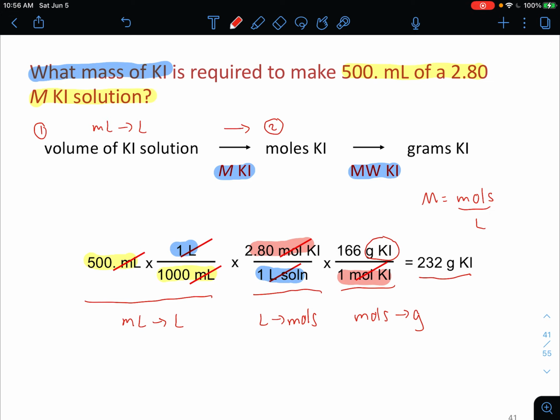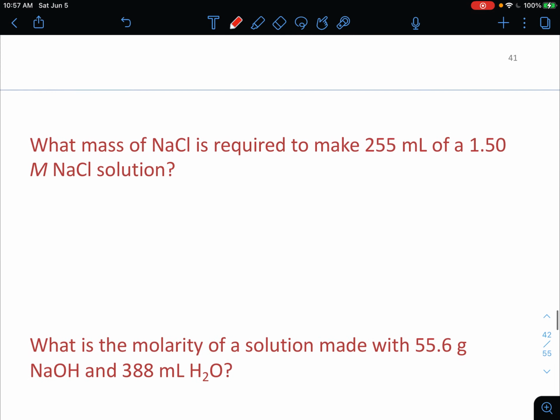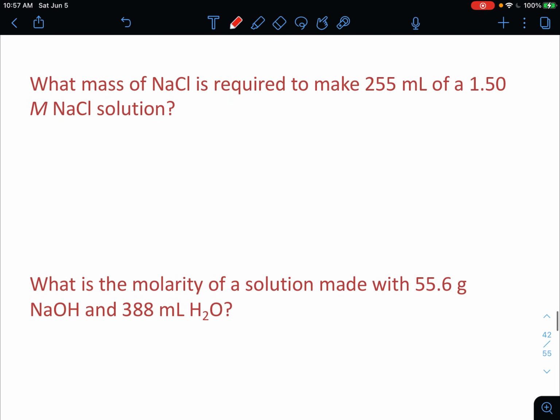This is an example I took from somewhere else, so they're doing their significant figures slightly differently, but they end up with their answer, 232 grams of potassium iodide. Okay, so hopefully that makes reasonable sense, and this is the most common question that we really have to answer in molarity calculations, where we're just saying, how do I prepare a solution of a given molarity from a solid